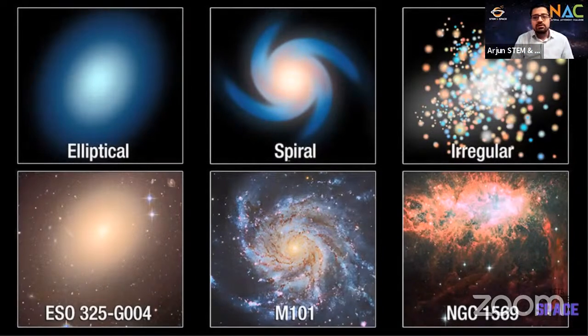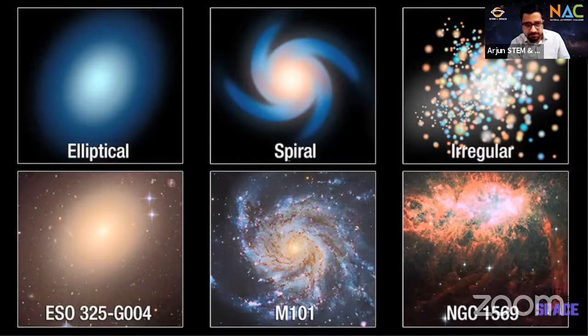Yeah. Now, since there are 100 billion galaxies in the universe, many times what happens is that two galaxies come very close to each other and then they interact. How do they interact? They just smash into each other. And when they smash into each other, the result can be anything. They both can combine to form a big galaxy, right? So obviously, some of the stars will shoot away from the influence of both these galaxies, and they will be basically left without any galaxy, all by itself in the universe, right? So that will be the fate of some stars, but most of them, they get captured into these galaxies and